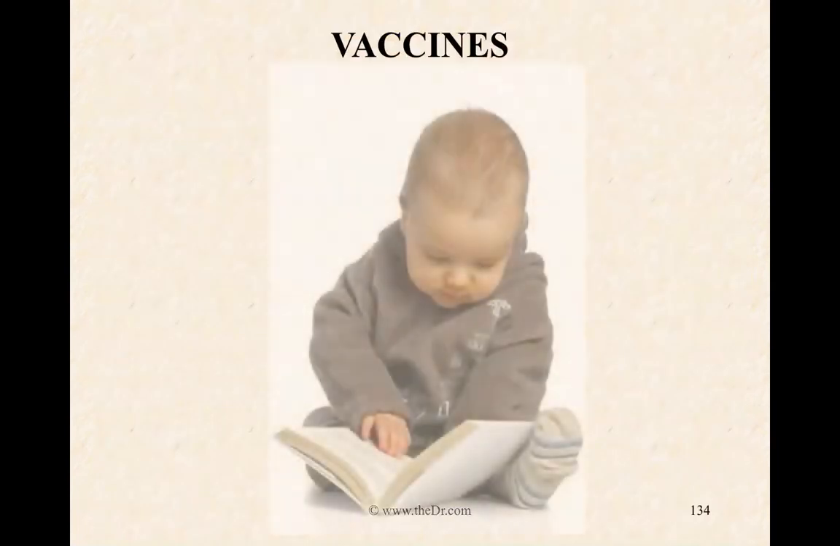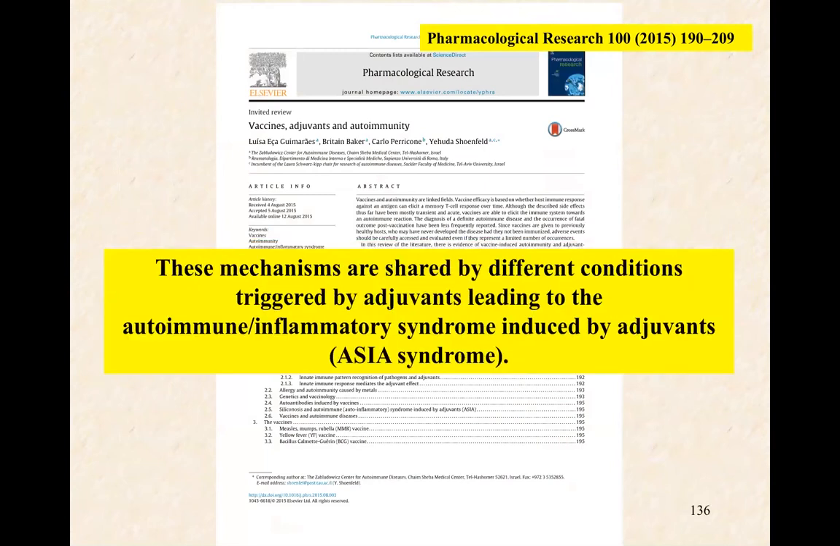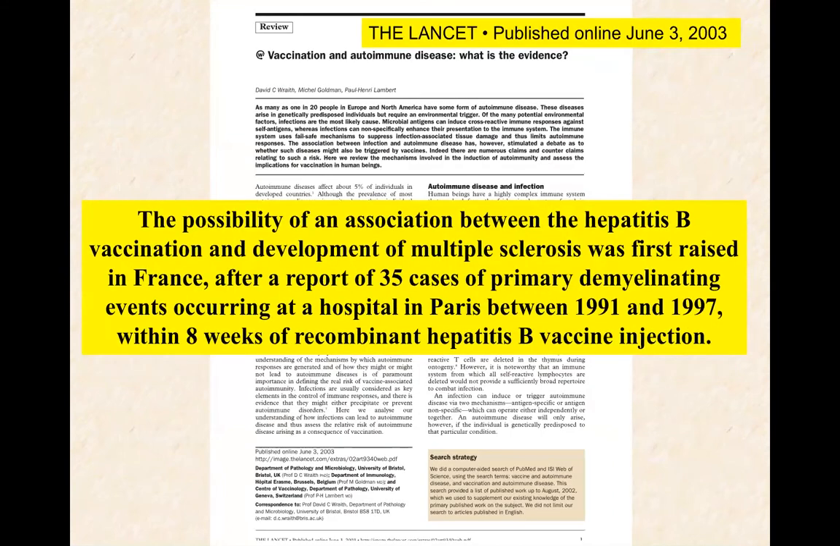What about vaccines? Vaccines are able to elicit the immune system towards an autoimmune reaction. These mechanisms are shared by different conditions. They're often triggered by the adjuvants, leading to what's called the autoimmune inflammatory syndrome induced by adjuvants, or ASIA syndrome. The possibility of an association between hepatitis B vaccine and development of MS was first raised in France,